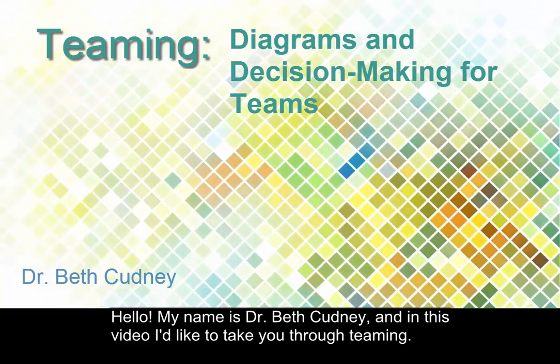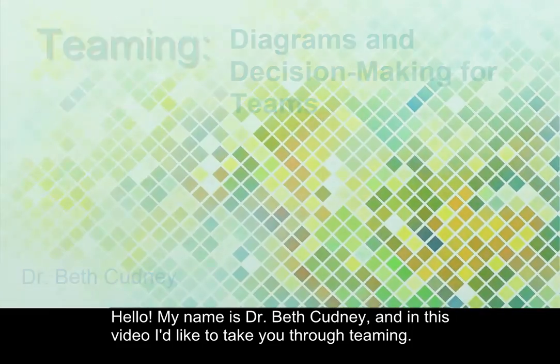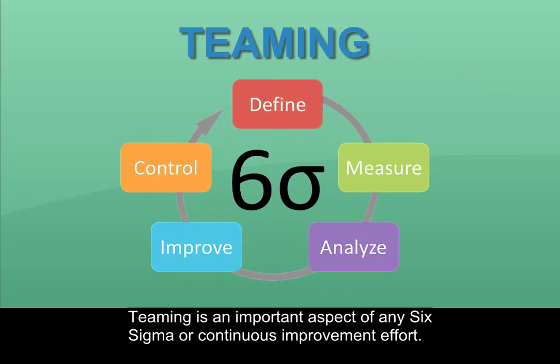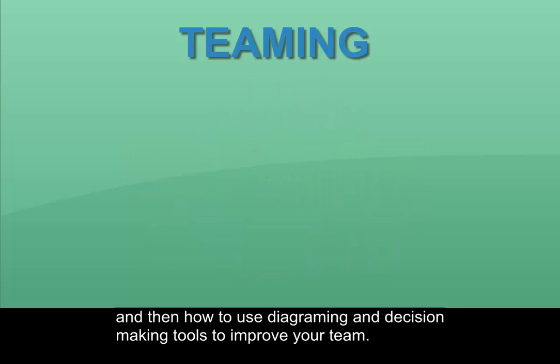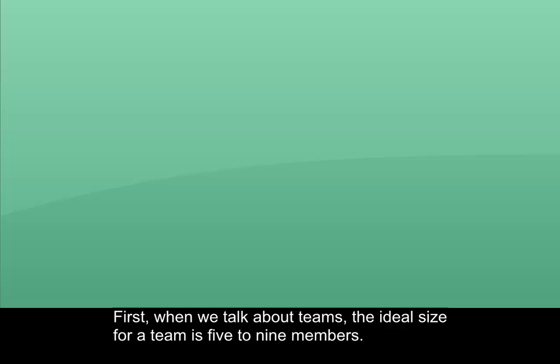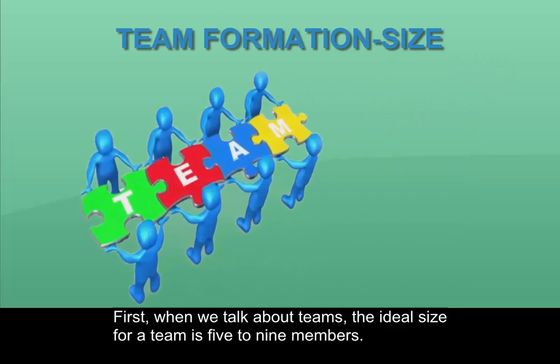Hello, my name is Dr. Beth Cudney, and in this video, I'd like to take you through teaming. Teaming is an important aspect of any Six Sigma or continuous improvement effort, and in this video, I'd like to take you through some of the basics of team dynamics and then how to use diagramming and decision-making tools to improve your team. So first, when we talk about teams, the ideal size for a team is 5 to 9